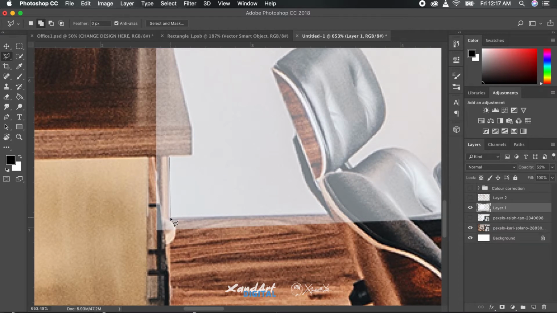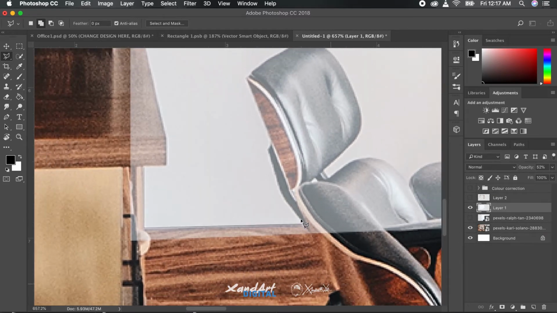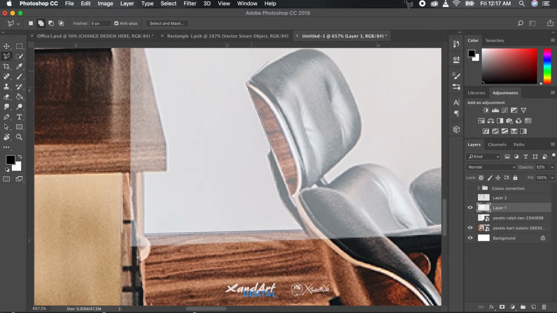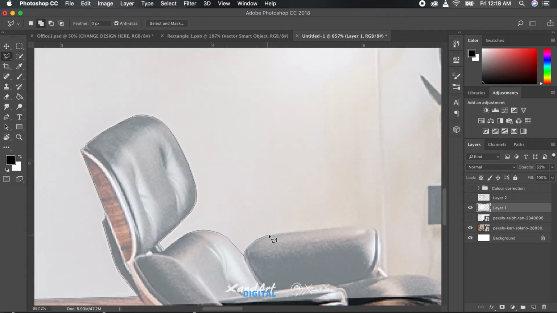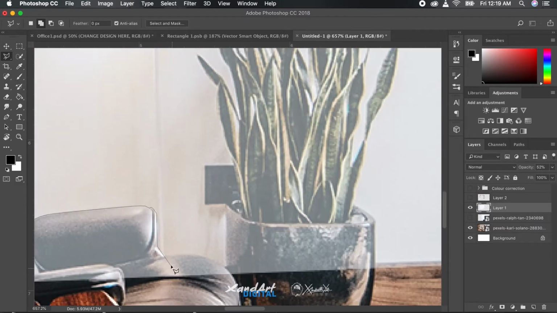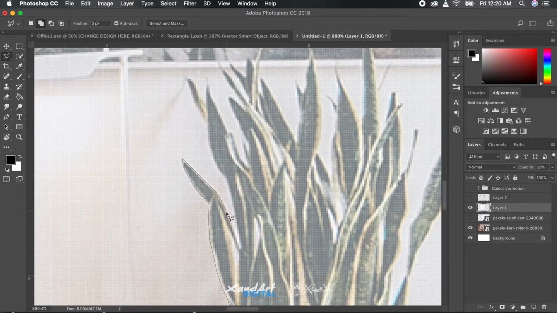To do that, we'll once again use the polygon lasso tool to select the parts we want to keep in front of it and then mask the layer. We have reduced the opacity of the layer so that we can see the parts below it, and once the masking is done, we'll just bring the opacity back up to 100%.